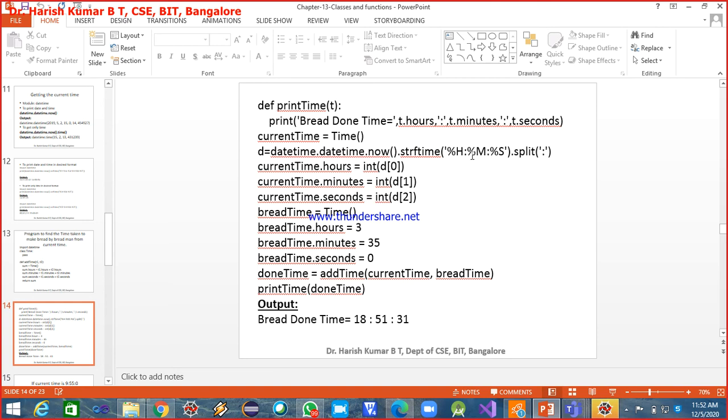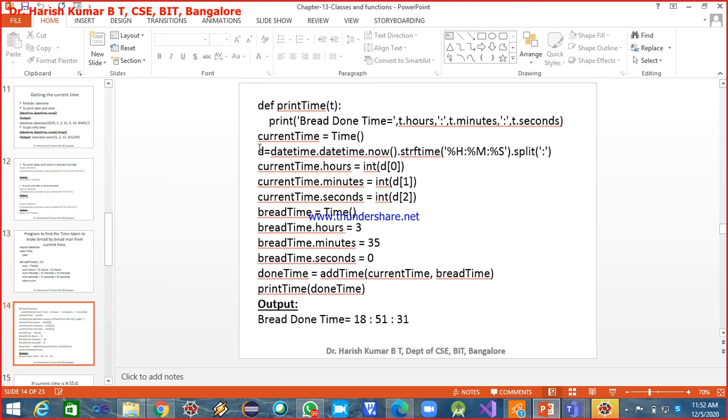And on this again, I don't want the time to be printed in the form of a string. Instead I want to make it a list of strings. To make it a list of strings, I'm invoking split, and the delimiting character I'm passing to this is colon. So get the current time from the system, split that time using colon as the delimiter, and assign the list of strings to d.